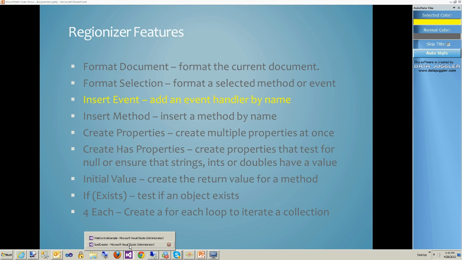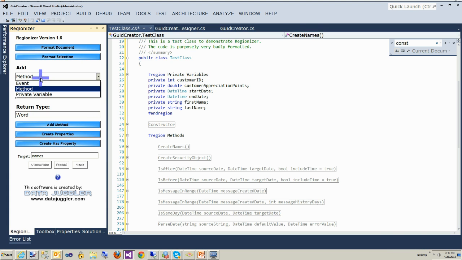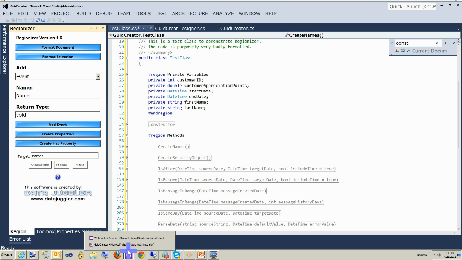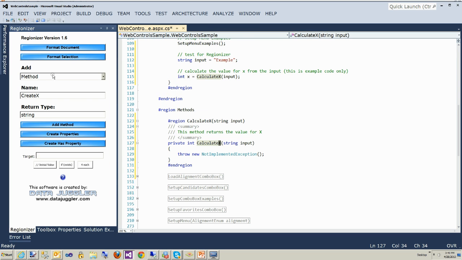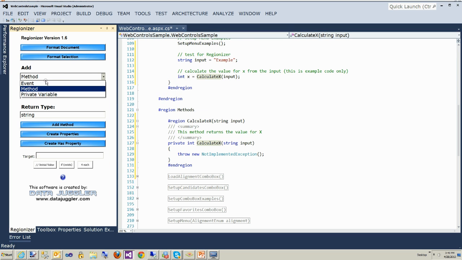And now I'm going to show you the insert event. Insert event basically has a return type of void. It'll create the object sender and event args. So it's just another little thing that if you don't feel like typing it and you need an event for a button click or something else that you know you're going to need,